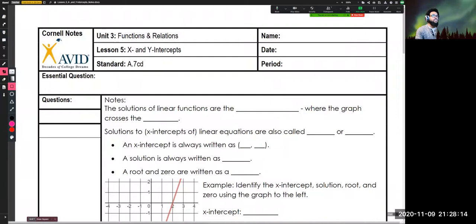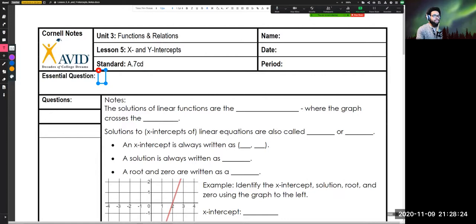So in this set of notes, this is our lesson 5, functions and relations. We've been on this for the last few lessons. Our essential question is basically exactly what I said you're going to be able to do by the end of this lesson. The essential question is: how can I determine